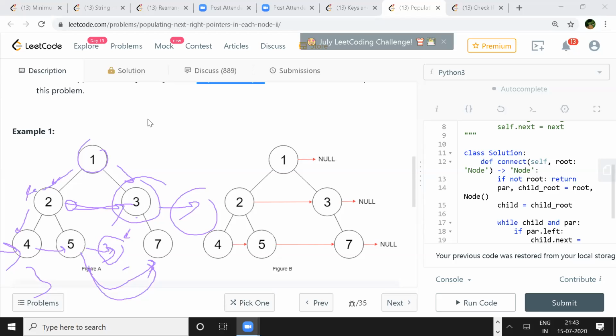Yeah, absolutely. I think we can pass the left and right child into the recursion, right? It was just a thought process. When you were explaining, I felt like when you're at 1, you pass 2 and 3, which are left and right, to the recursion. And when you are at 2, you map 2's next to 3.